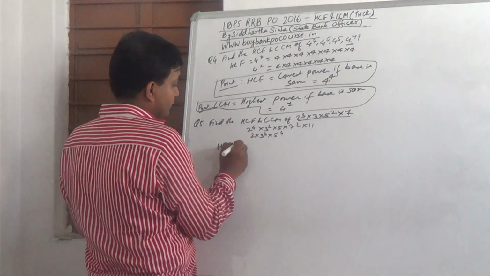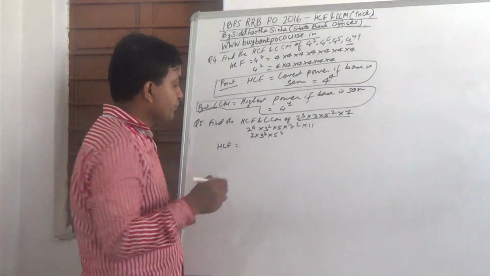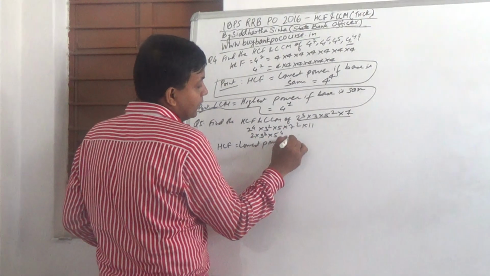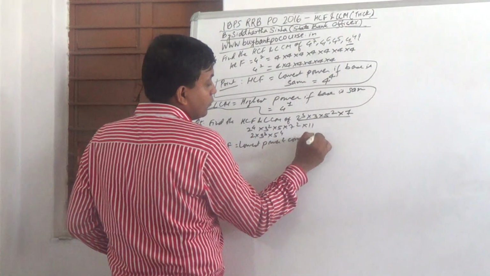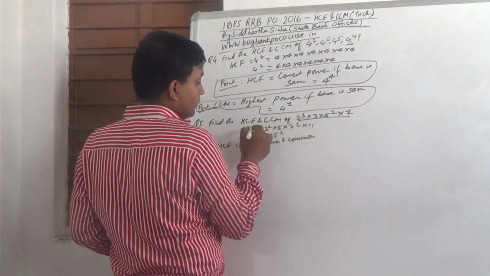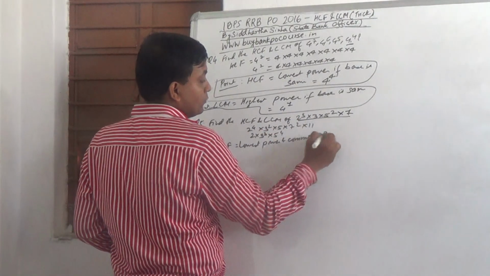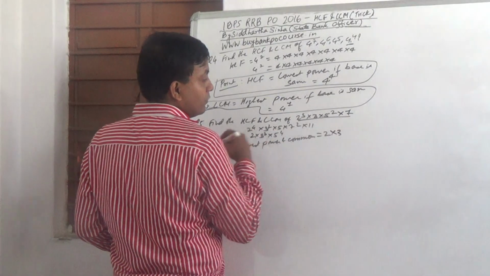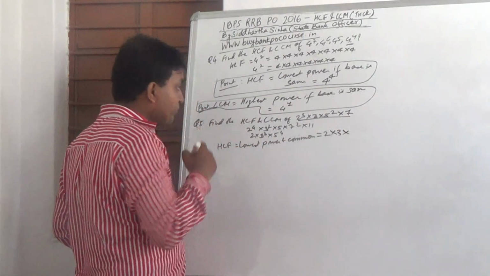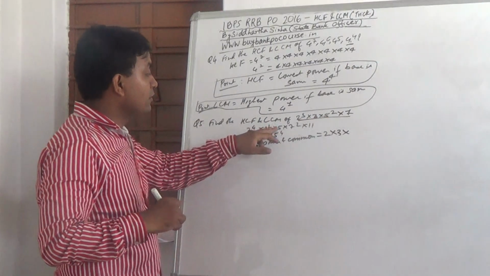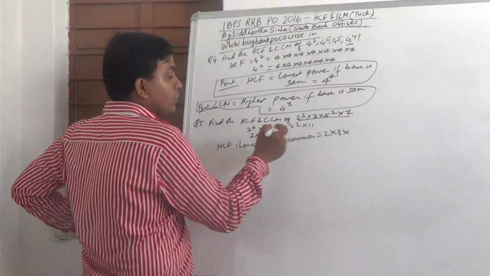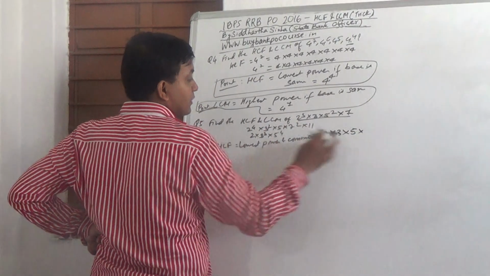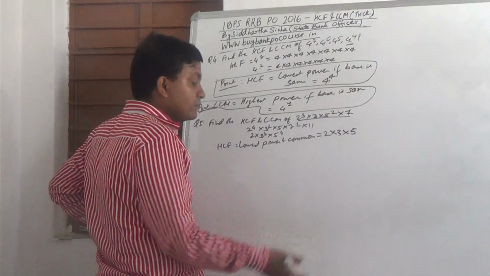Coming to the SCF one. Lowest power, I already said lowest power, and common one. So 2 to the power 3, 2 to the power 4, 2. So lowest power is 2. Okay, 3 only will be there. Multiplied by 5: 5 is here, and 5 is here, then only 5 will come. 7 is here, 7 is here, but 7 is not here. So up till this is your answer.